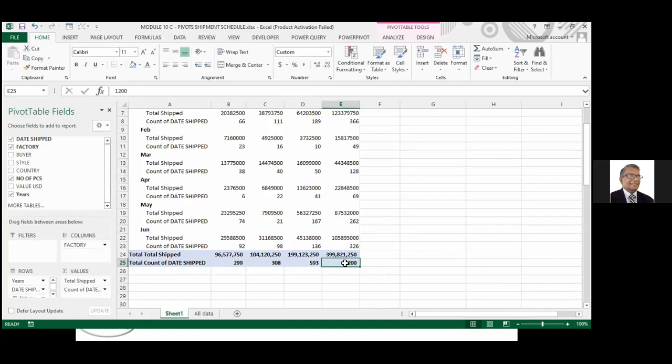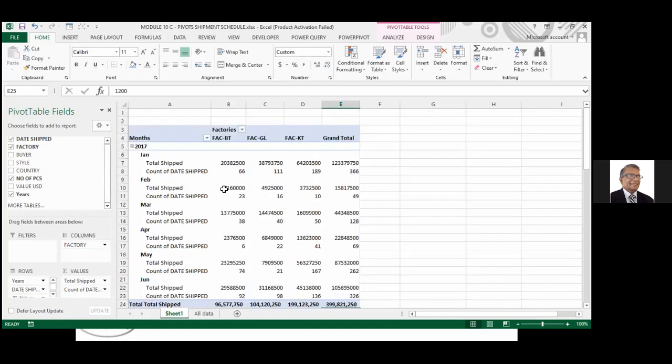Yes, it's 1200. So there are 66 shipments to Batiklo factory in January, and Gaul factory 111, Khatnayak factory this much. So you can see you're getting data which is unexpected sometimes, which you don't have here. If you know the fields properly, you can get it. And when you go for the meeting,